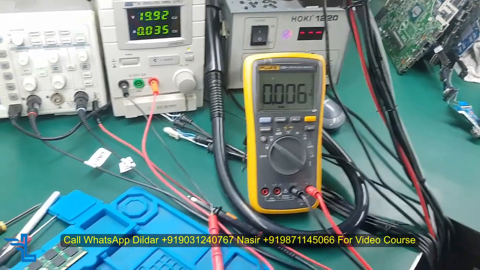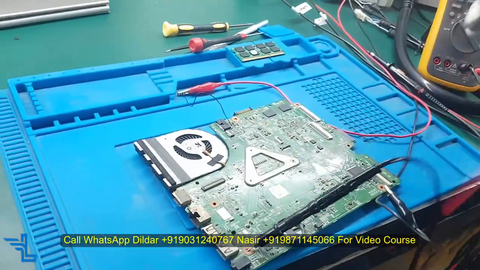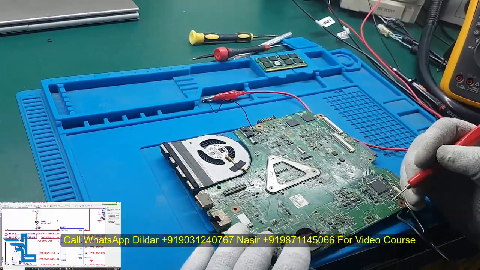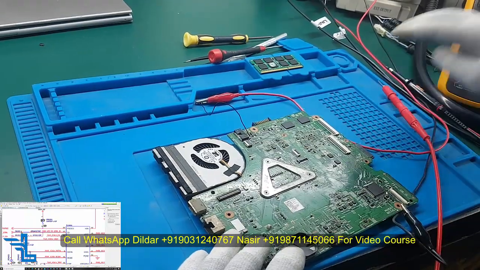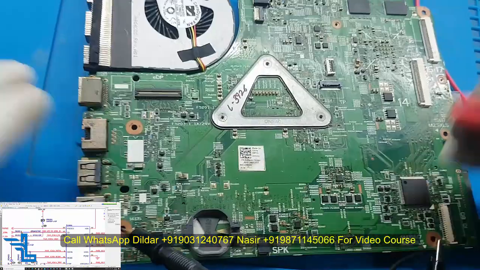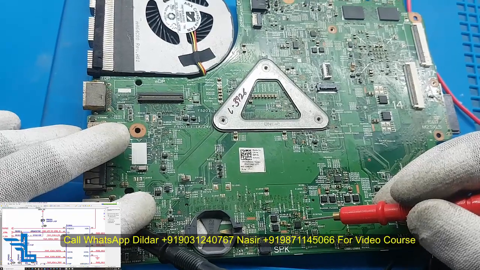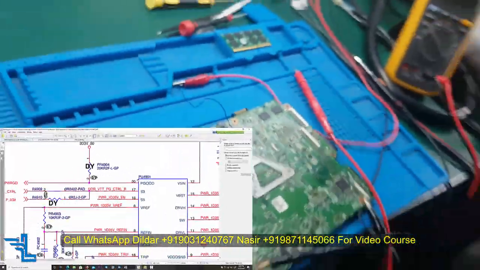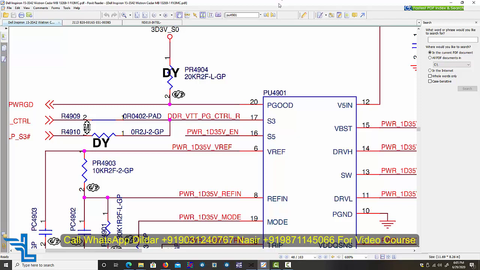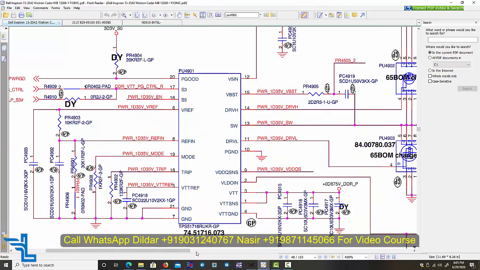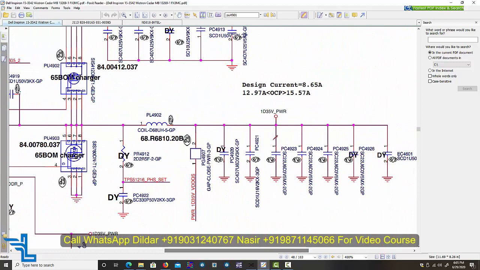So it seems a very easy case, that by removing this load switch we can rectify these types of motherboards. So let's do the work. Let's remove it. One more thing, let me check the RAM supply. Now we need to check the RAM supply. Let's move to the schematic and find out how we will check whether we are getting this voltage or not, because only VDDQ is available. The voltage we get on the coil is the VDDQ voltage.